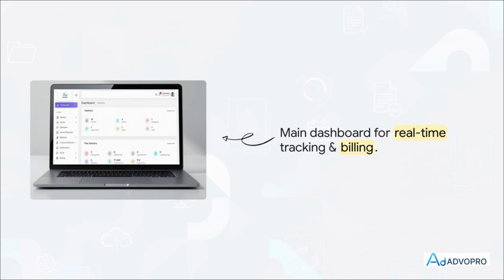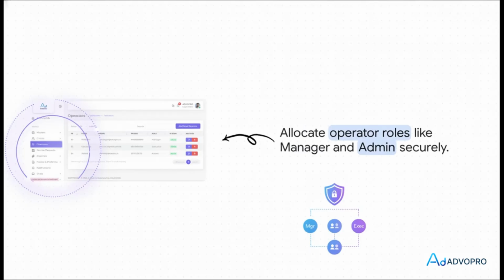And crucially, you have dedicated menus for managing your pipelines and handling automated proforma and GST invoicing without skipping a beat. But of course, no senior advocate should be managing every single digital ping, right? That's where delegation comes in.